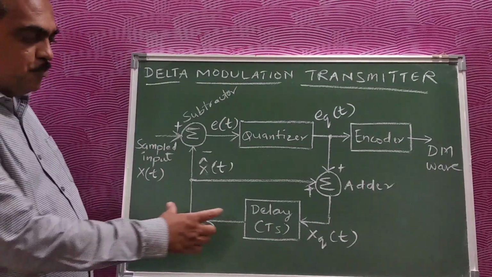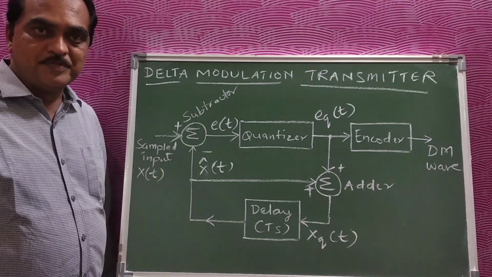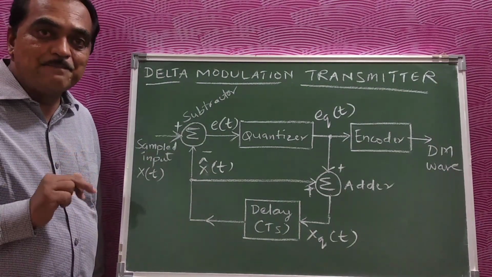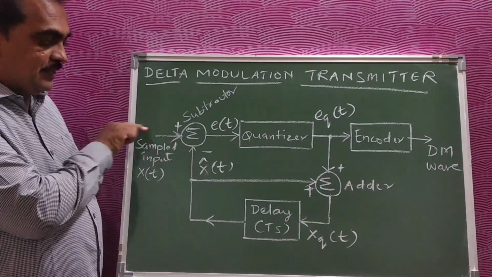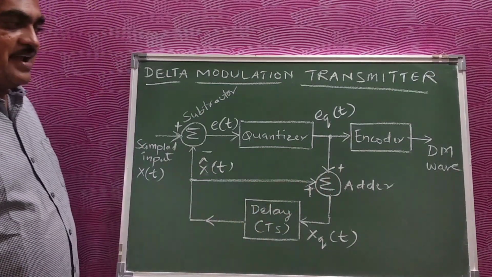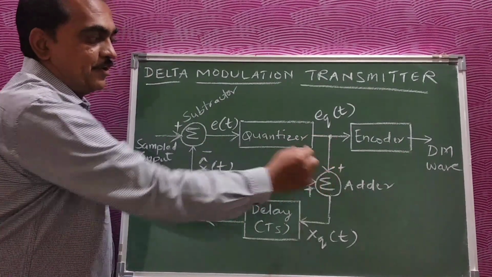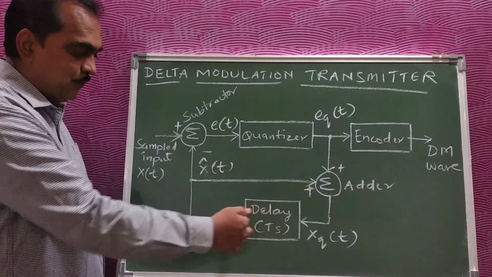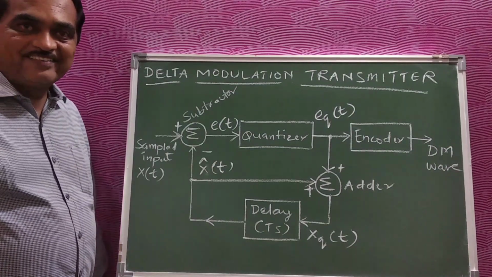Now the important thing is again the prediction filter, as we had in our DPCM. It is going to predict the previous sample amplitude. It gives x cap t, which will be compared with the present sample. This works on the input from the adder, and the adder has two inputs: one is the output of the delay and the other is the quantized error output. Together these give a quantized input of the sample, which is the input after the delay for the comparator, called x cap t.